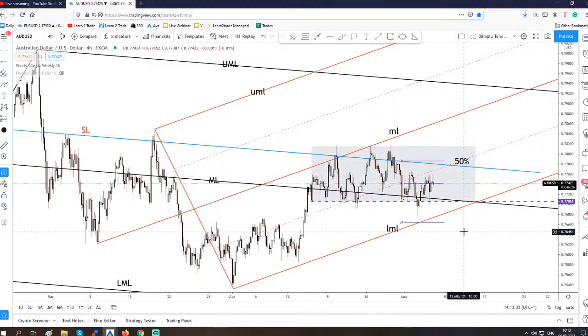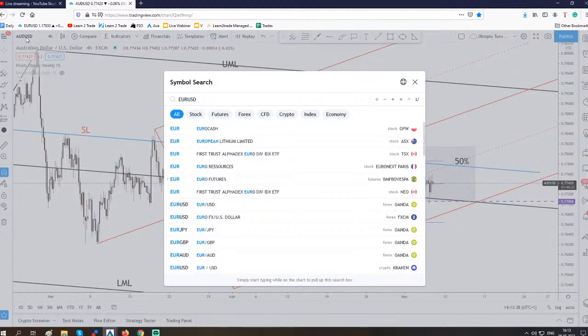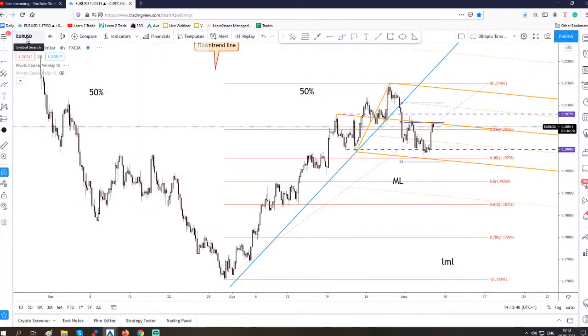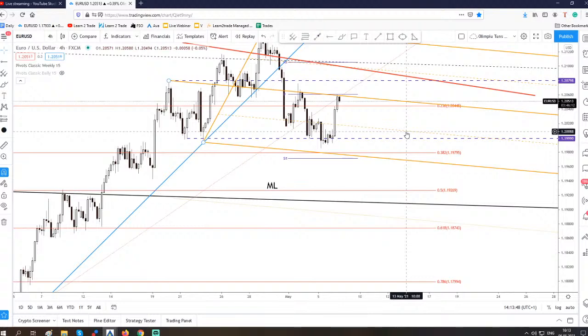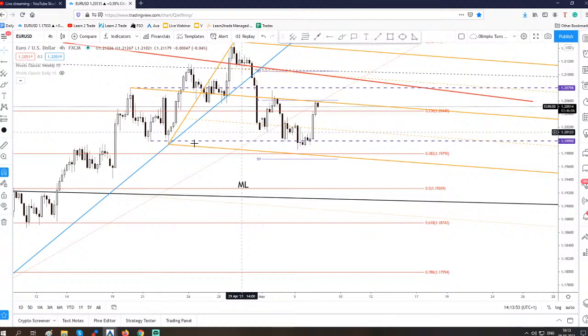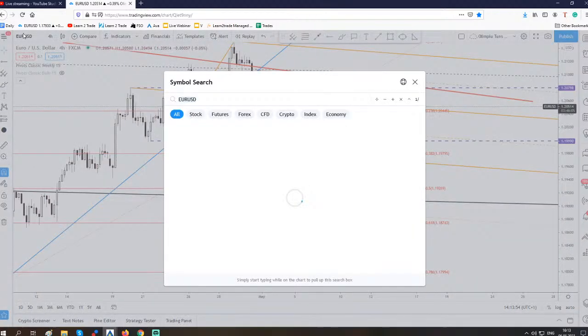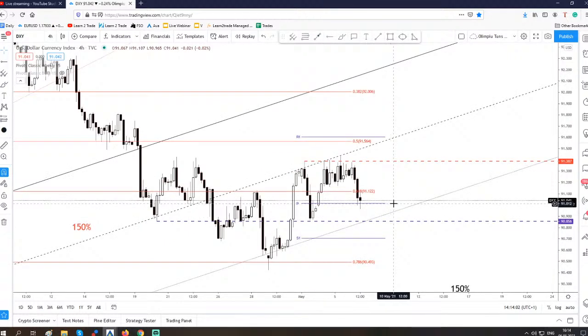Euro versus the US dollar. We talked about this pair. As you can see here, the price has reached the medium line of the descending pitchfork, the weekly pivot. So we are in a resistance area here, and the pair could decrease a little if the DXY jumps higher after the DXY has rebounded a little from the weekly pivot right after